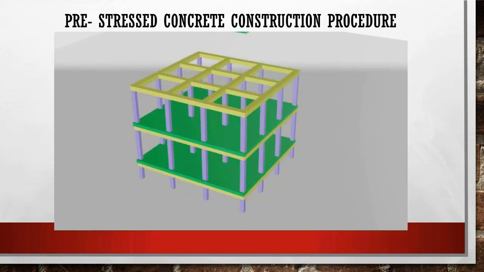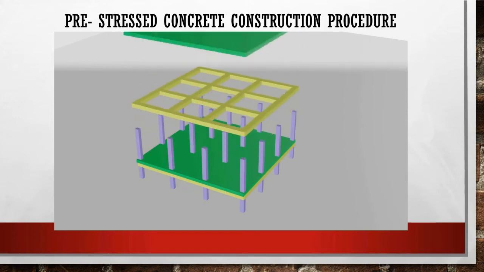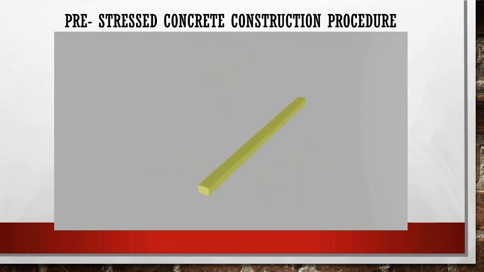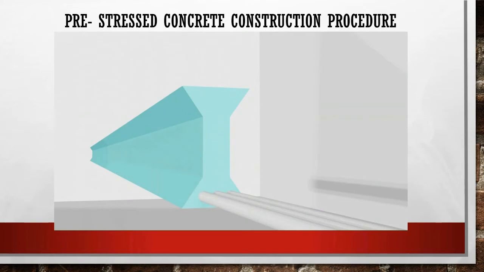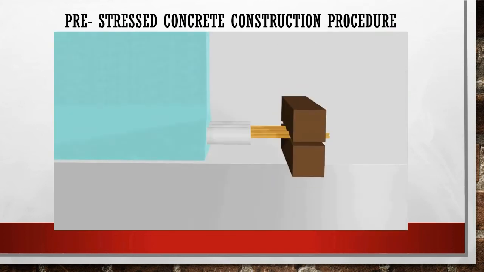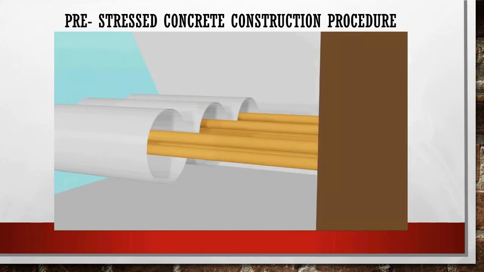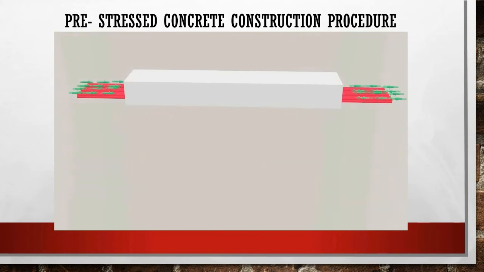beam. In post-tensioning concrete, a beam is casted firstly. During the casting, pipes are provided at the tension zone of the beam, which is at the bottom for a simply supported beam. When concrete achieves its characteristic strength, then steel wires are inserted in these holes. Then these wires are stretched using hydraulic machines. After stretching, these wires are hauled up at the end and filled with the concrete. The principle of post-tensioning beam is the same as the pre-tensioned beam.